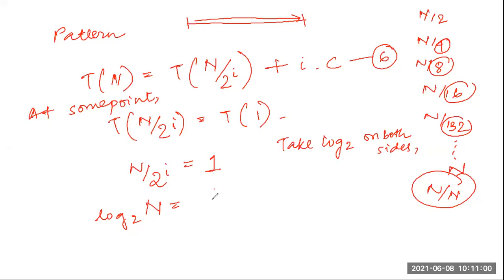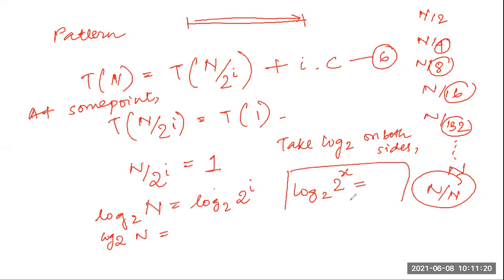This also will become log 2 base 2 to the power I. Now log 2n will become anything of log 2 to the power I. This is of the form log 2 to the power x. What will it give me? Only I will be left. Right, here x, so only I will be left. So if I think this to be my equation 7, fine. So log 2n equal to I is my equation 7, and this is my equation 6.